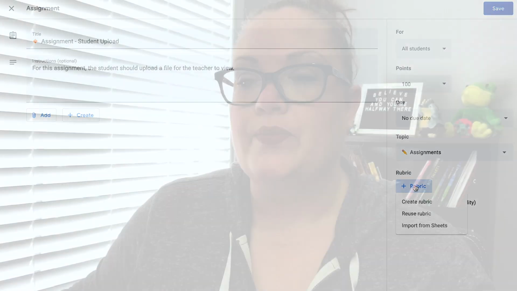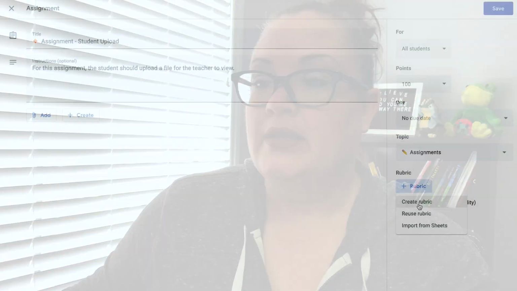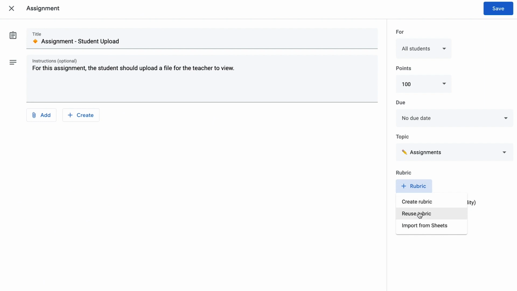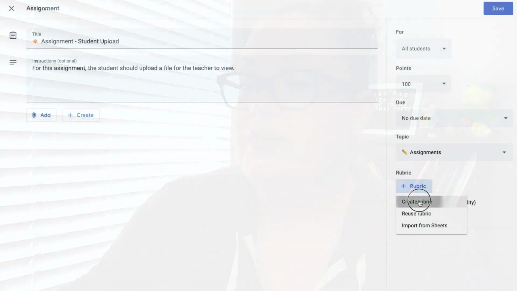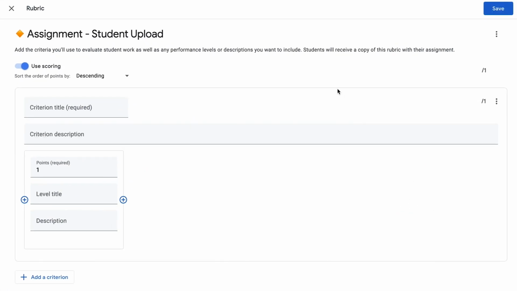There are a number of different ways that we can use a rubric or attach a rubric in Google Classroom. We can create one on the spot. We can reuse one that has already been used in another assignment that we have access to, or we can import from sheets. So we're going to look at all three of these methods. The first one, though, is we're going to take a look at how we go about just creating one directly from Google Classroom. So if you click on Create Rubric,